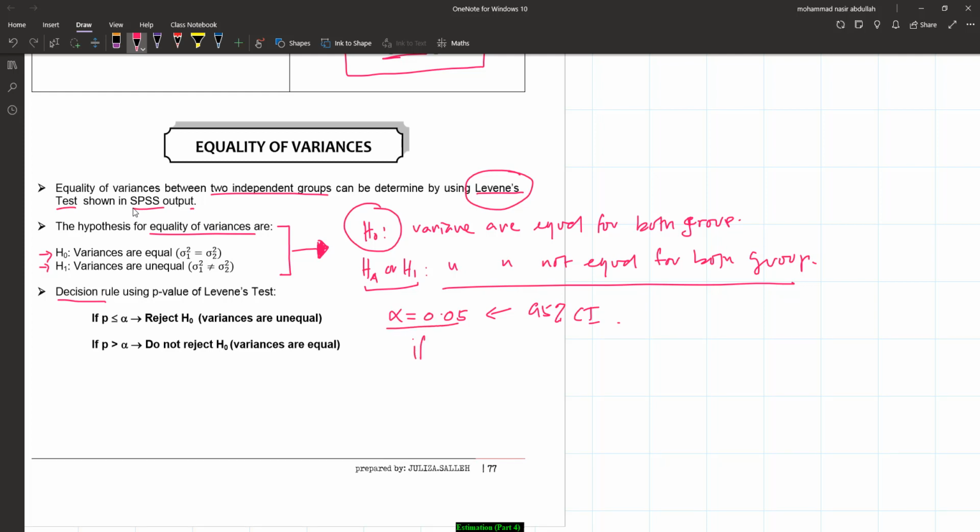So if the p-value is less than 0.05, let's draw like this. Okay, this is the 0.05. Let's say the p-value is less than 0.05, it means that we're going to accept